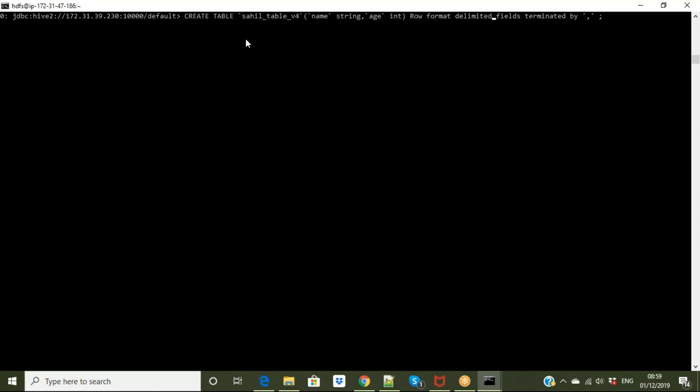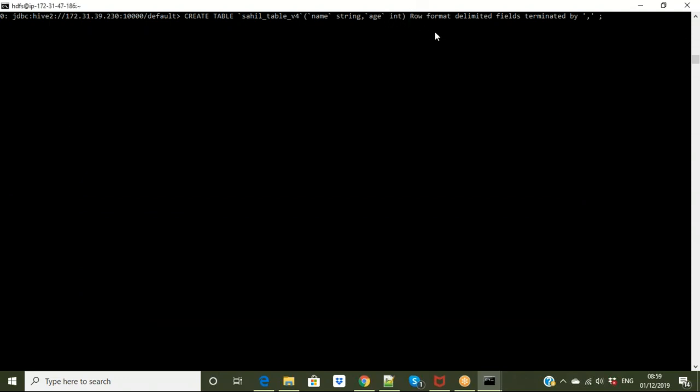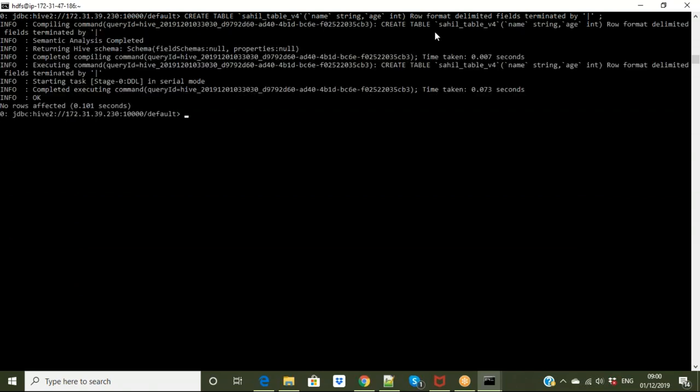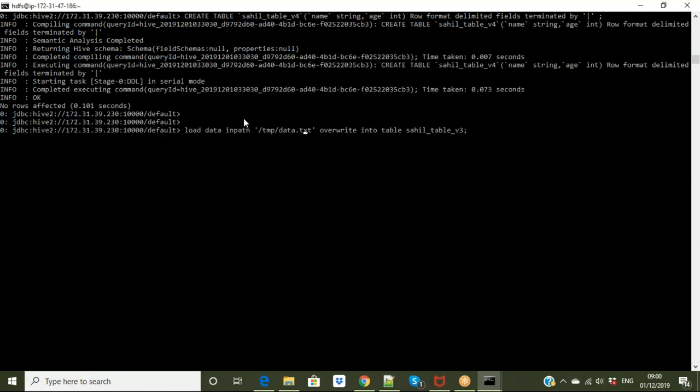So this time, if I don't give a pipe separator over here, it would follow the same approach of putting this complete line into the first column, which is name only, and it will not segregate the 25 and whatever the ages are into the second column. So that's why I have to mention what exactly will be the delimiter in my table data. And now if I just load data in the same path, so this is the same data, but the delimiter is changed this time. Let's put it into v3 first. You'll see that